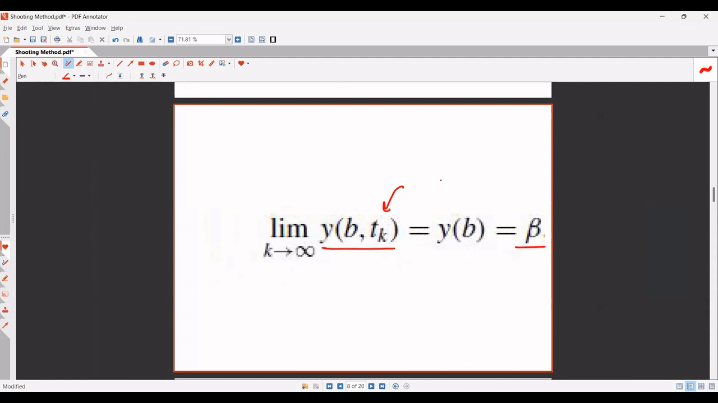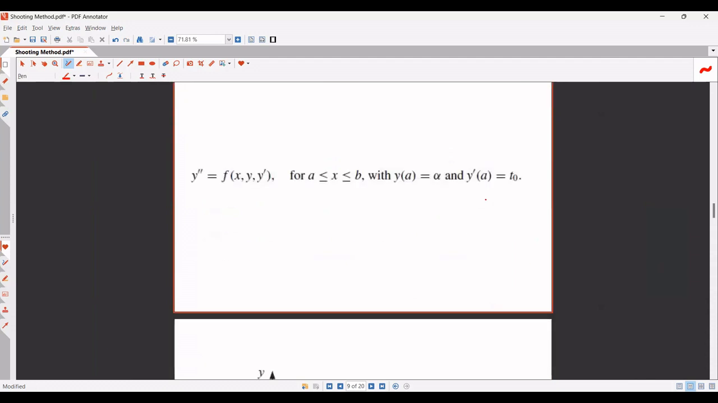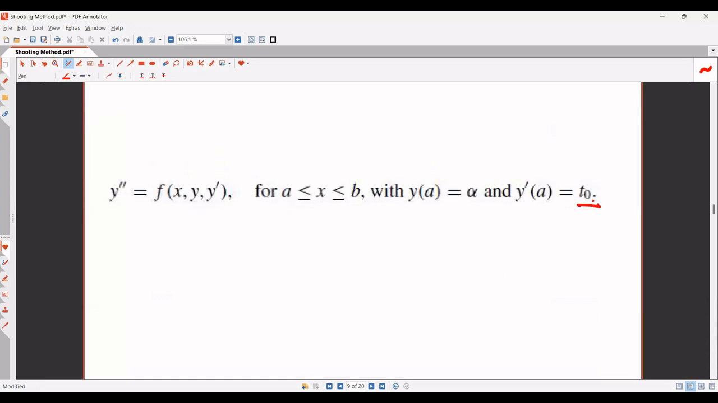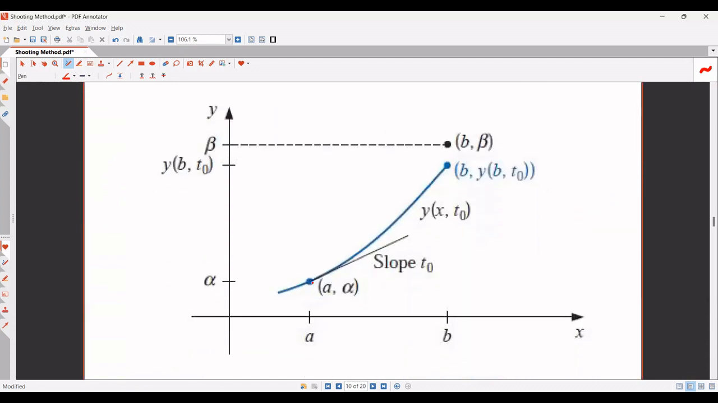Now, how do we find such a method to construct such a sequence of ti? That's the question. Now, as I have said, we are going to start. Now, let me zoom a bit. As I have mentioned, we are going to start with some t naught at first. This is up to us, some random choice. What it physically means is we are given that y at a is alpha. Now, since we have chosen some random value of t naught